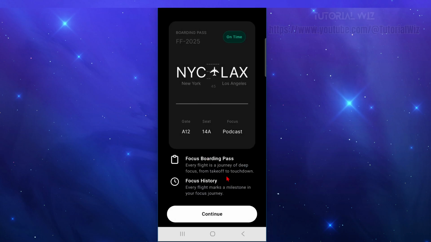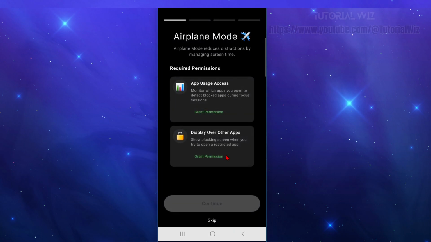Now from here, you're going to see a boarding pass. Every flight is a journey of deep focus from takeoff to touchdown. Every flight marks a milestone in your focus journey. So click continue again. Now we need to go ahead and allow these permissions to get started, because if we